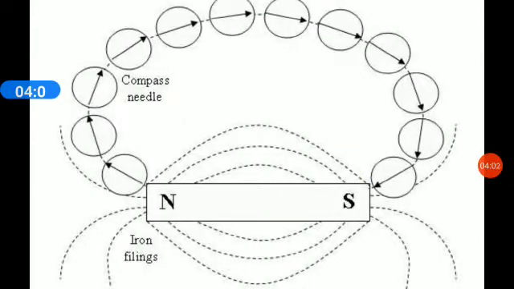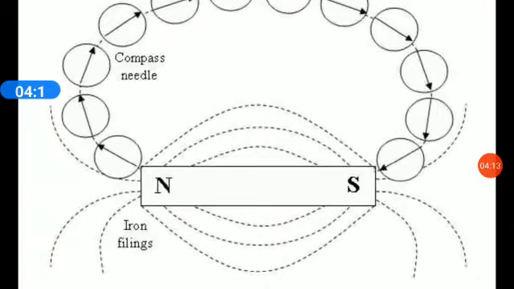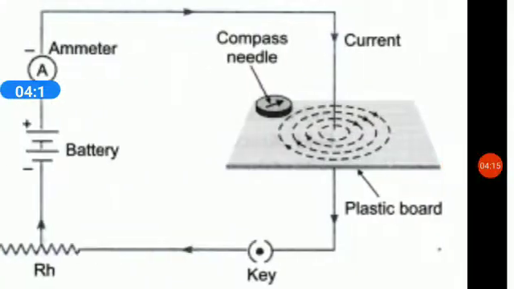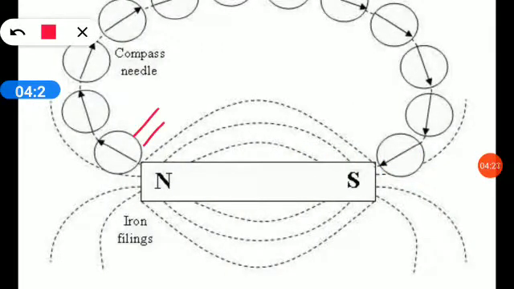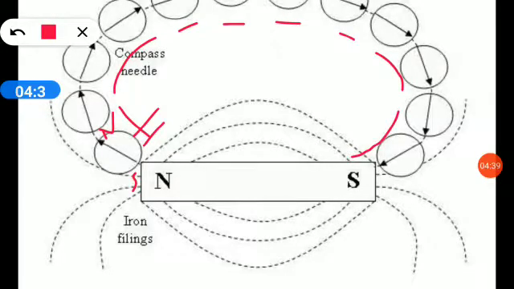Next question comes: how does a magnetic compass rest in a particular direction when you bring it near a bar magnet? Like you can see, this is your magnetic compass. In the compass, this is your north pole and this is the south pole. When you bring it near the north pole of the magnet, the north pole of the compass will go to the opposite side, and due to attractive force, the south pole will come near this north pole. So here you can get the direction of magnetic field lines with the help of the compass.